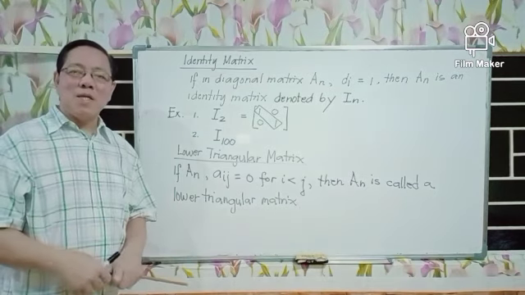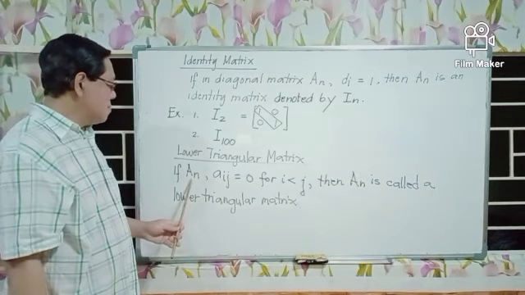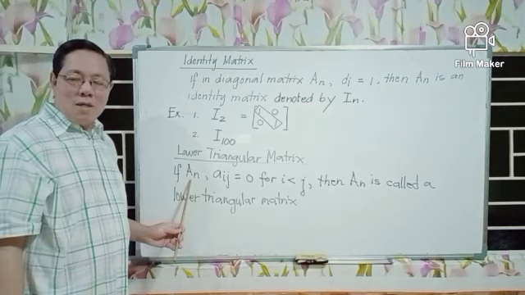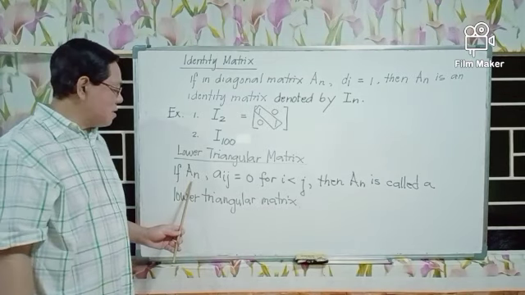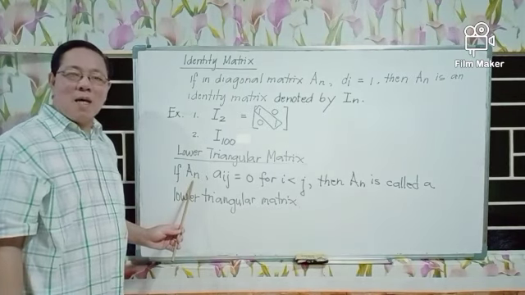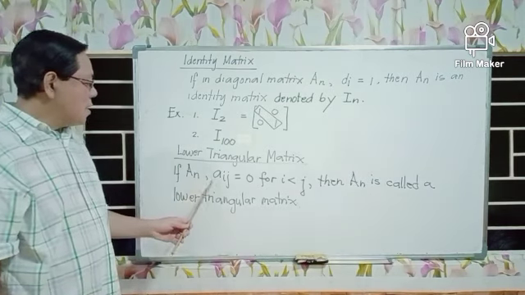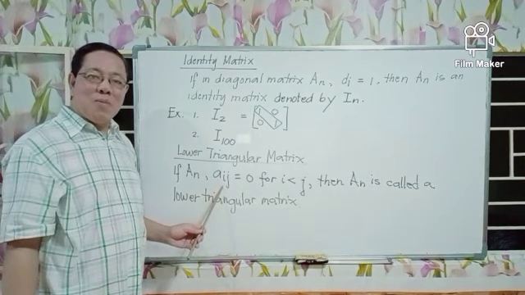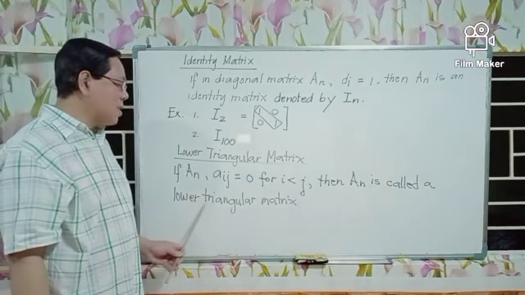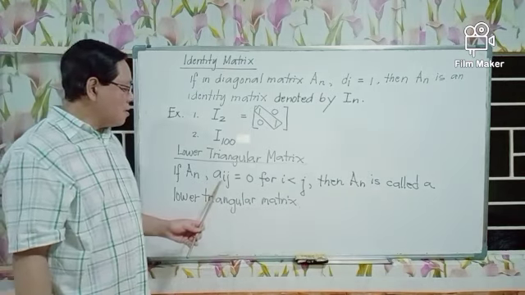We define lower triangular matrix. The given here is a square matrix denoted by A sub n with size n by n, with n rows and n columns. And the condition for the square matrix to be a lower triangular matrix is that the entries